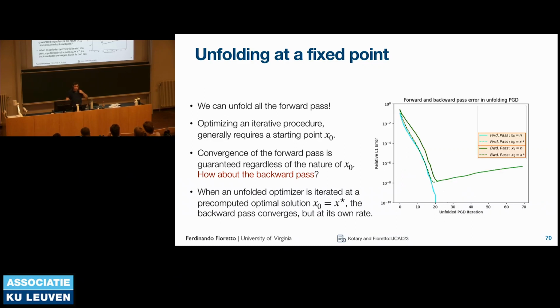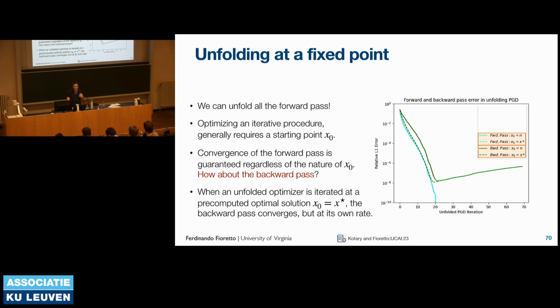This is important because if in unrolling you're not allowing yourself enough time to converge, say you have an instance like this, where you have a forward pass, in blue in this case, which converges pretty quickly, and you stop there. What we're plotting here is the residual error between the precision of the gradients on the backward pass that you could have achieved and what you actually had. So they diverge. Essentially, you're left with imprecise gradients. This can be arbitrarily bad, especially when you're using very specific step functions that are used to accelerate unfolding or other iterative methods.